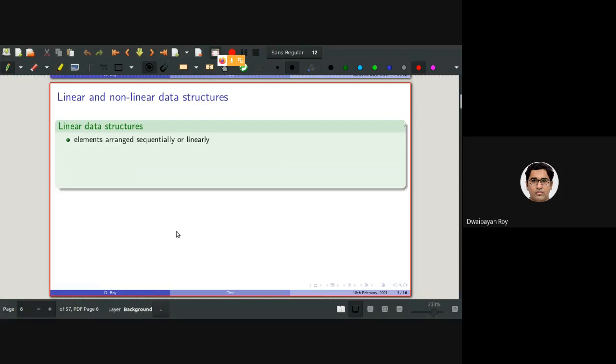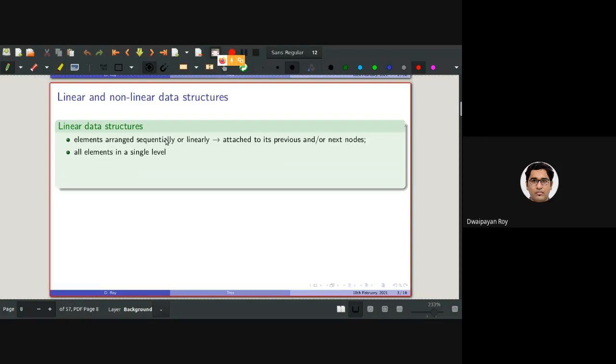In linear data structures, or linear abstract data types, elements are arranged sequentially or linearly. That means they are attached to one another, to the previous as well as the next nodes in a series.